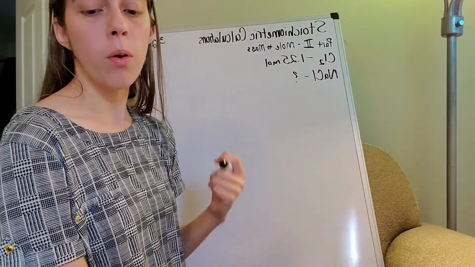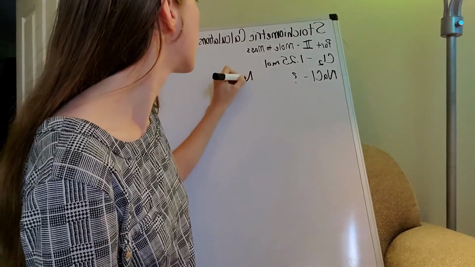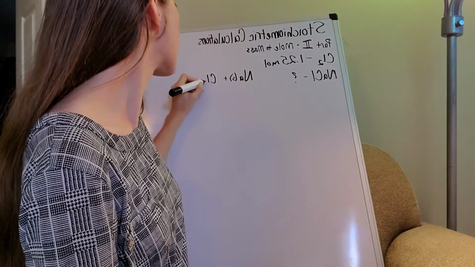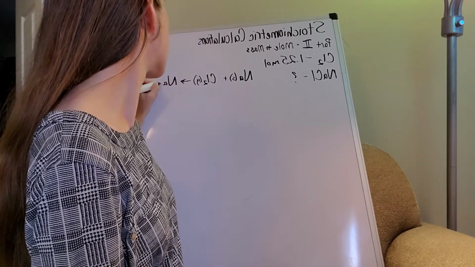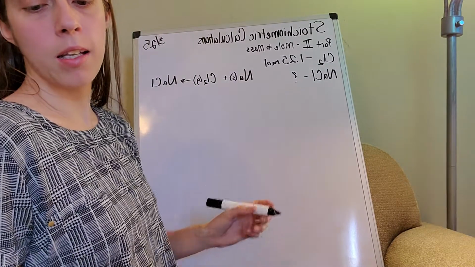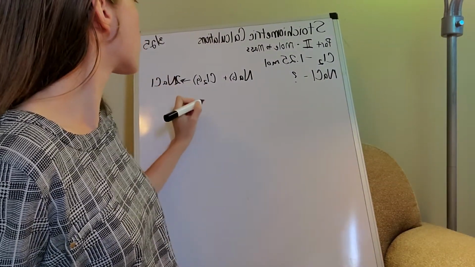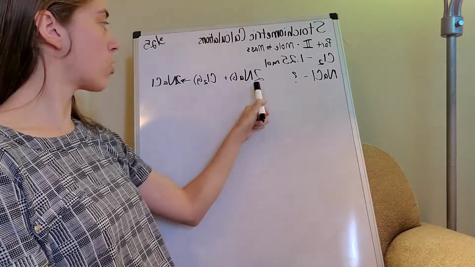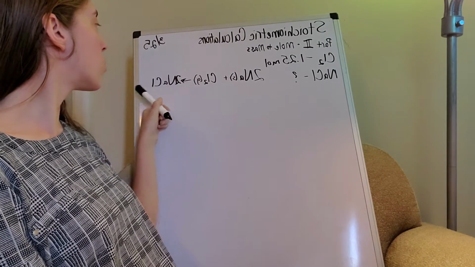So let's write out a balanced equation. We know that we're taking solid sodium plus chlorine gas, and we are going to produce table salt. Now, let's make sure it's balanced. Let's go through and double check. Well, there's 2 of these, so there have to be 2 of those, which means there have to be 2 of these. There we go. Okay, all balanced. So we've got 2 sodiums plus 1 mole of chlorine gas will give you 2